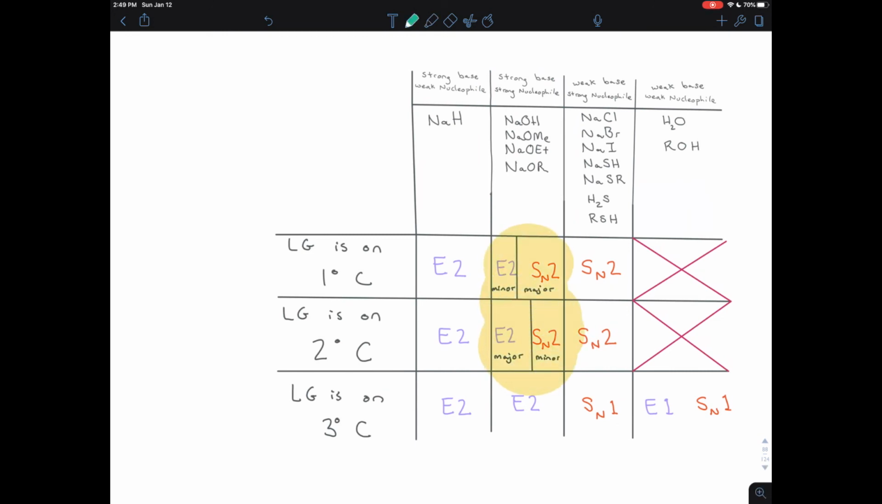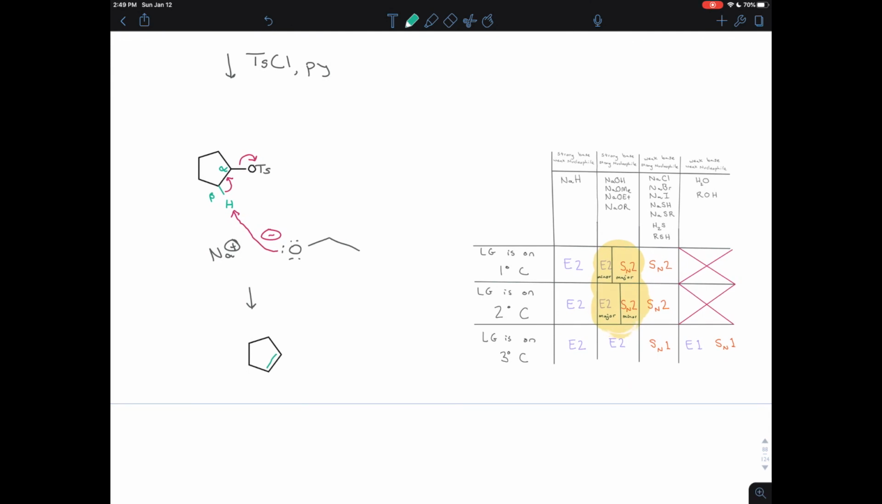You'll want to be able to draw both of those products and to label each one as major or minor. So we drew this elimination product, and that is one that you would get here. But another possible product is if you had these two reagents,